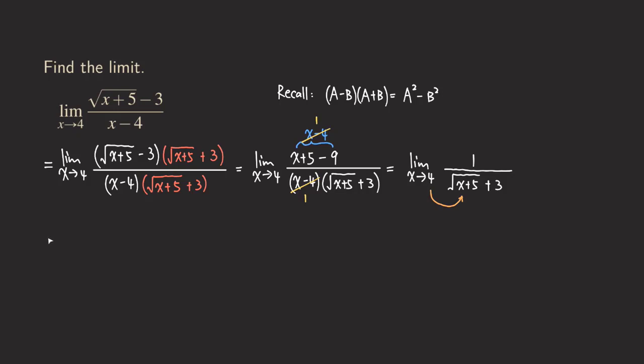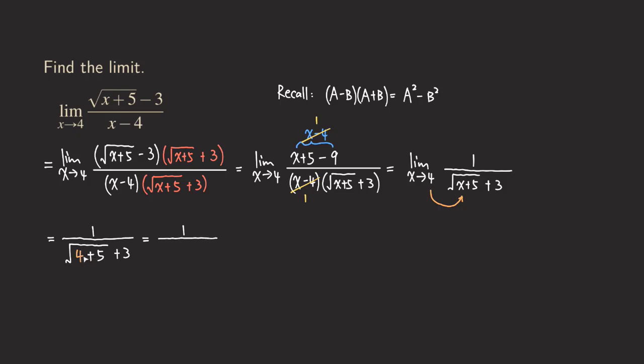So we are going to get what? We are going to get 1 over, okay, so we are going to get just 1 over the square root of 4, because we are replacing the x by the 4, and then plus the 5, and then plus the 3. So now we are going to get 1 over,